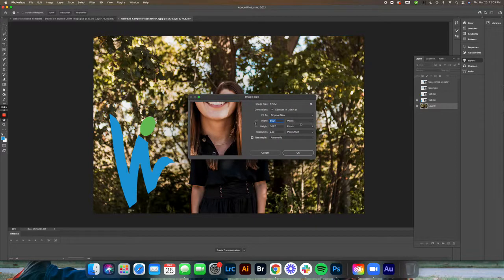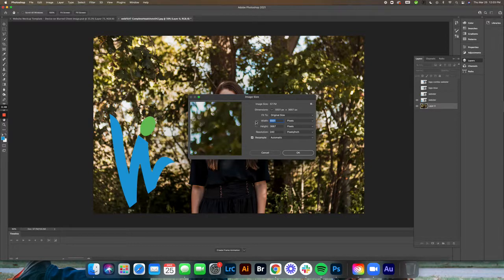And this panel will come up, and these are all the different things that you can change. You can change the width, height, resolution, change the resample. I would recommend just leaving that checked unless otherwise. I'm gonna move that because that was creepy. Okay, so here you can adjust the width and the height, and when this little button is clicked, that means